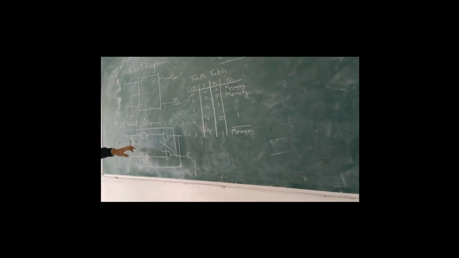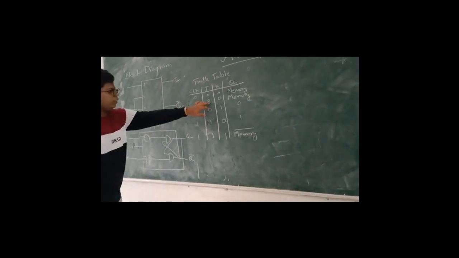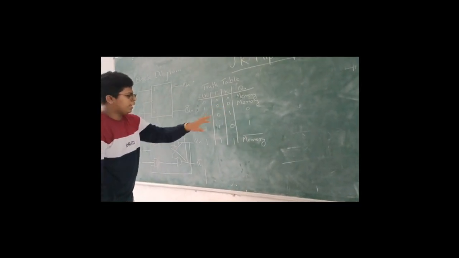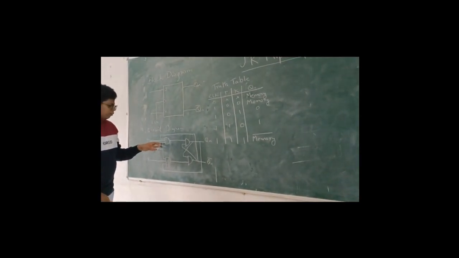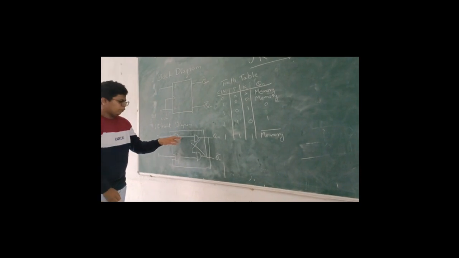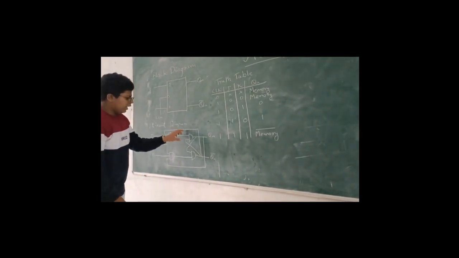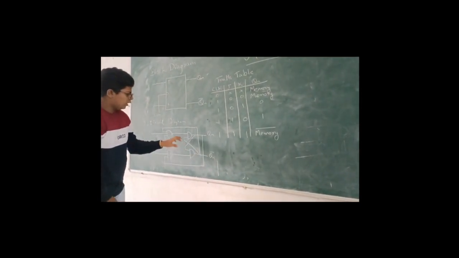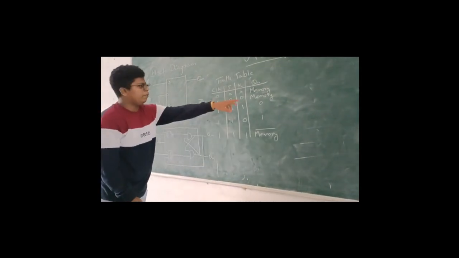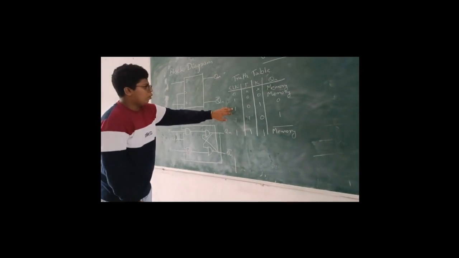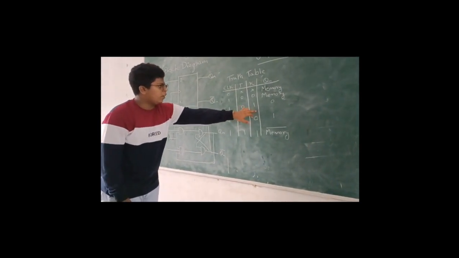And when the clock pulse is 1 and both inputs J and K are 0, again when any one of the inputs is 0, then the output will be 1. When the output is 1 and the second input is Q1 bar, it will result in Q1, that is the same previous memory.